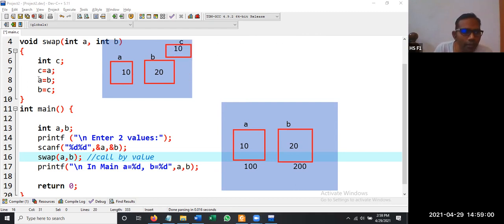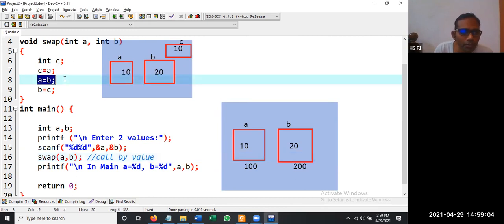Then in the next line we are saying a is equal to b. The value of b must be copied into a, so it will be something like 20. So 10 is lost. Then in the next line we are saying b is equal to c.